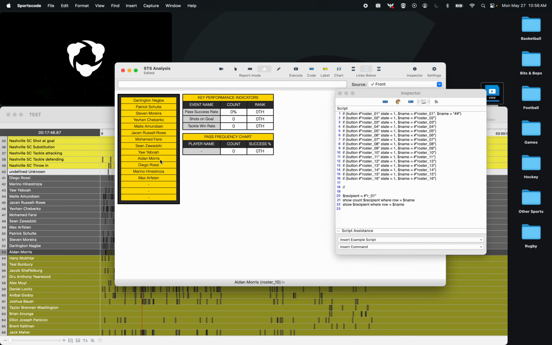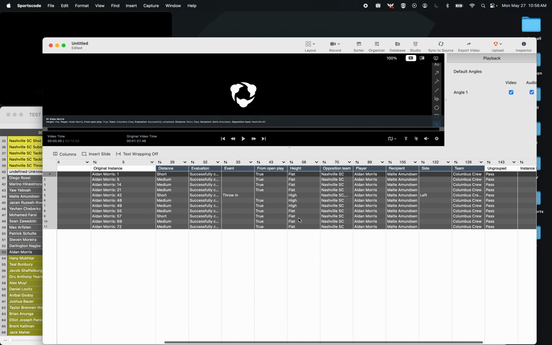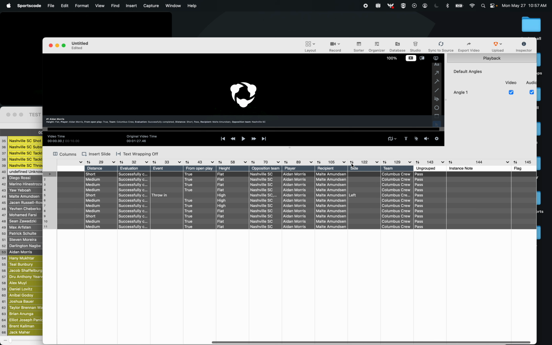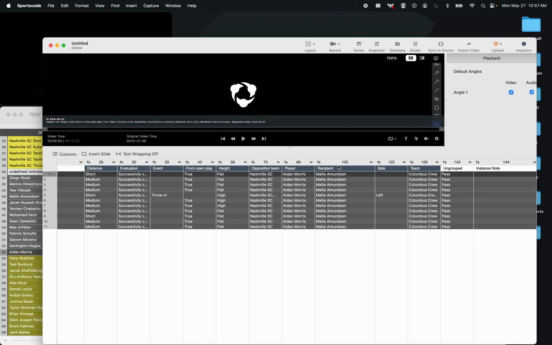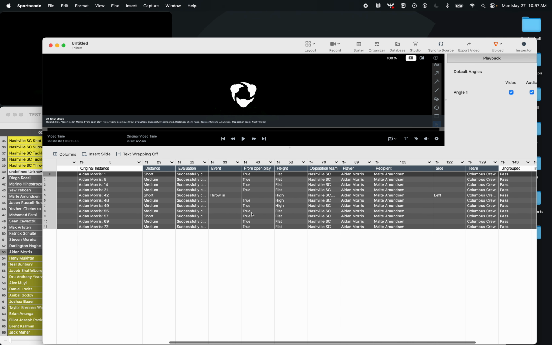So now I will have the 11 times Aidan Morris has passed it to Edmondson, and we can look at that in the sorter. So all of Aidan Morris's passes to this player. You can see the events,